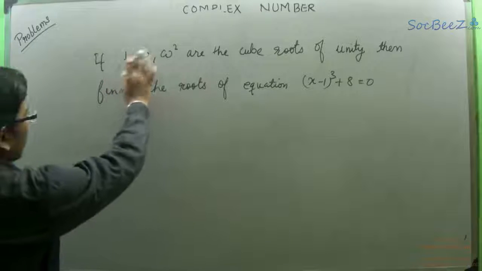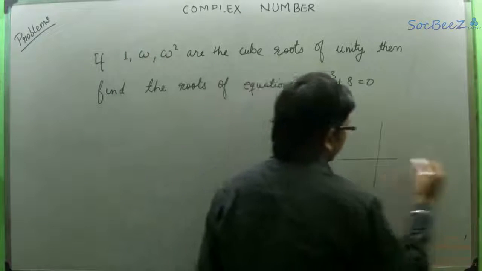So this 1, omega and omega square are the cube roots of unity. That means